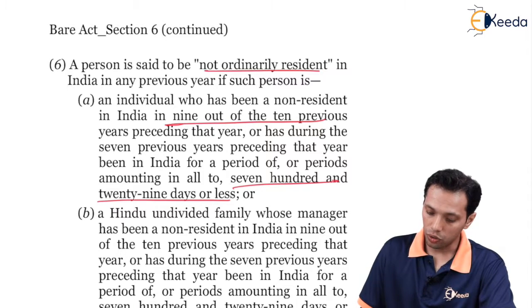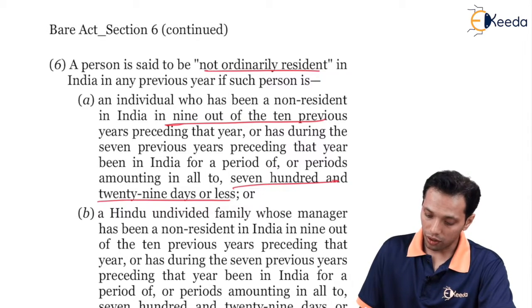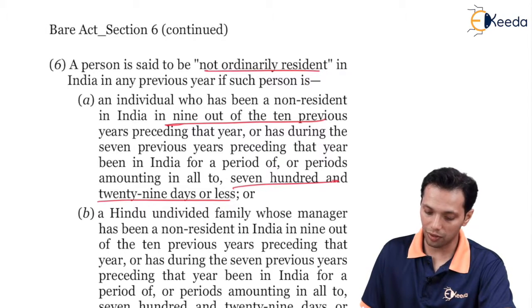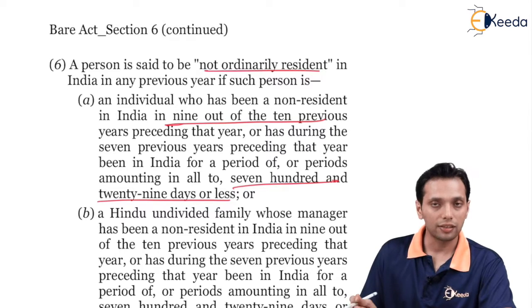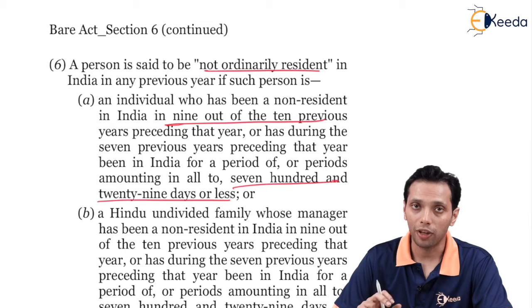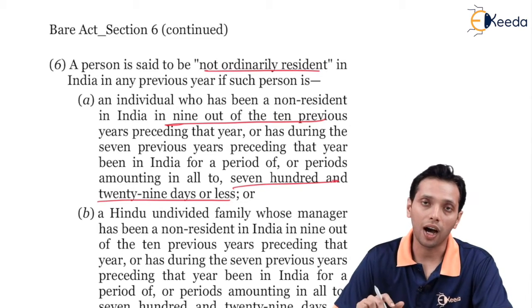Clause B: a Hindu undivided family whose manager, that is the Karta, has been a non-resident in India in 9 out of 10 previous years preceding that year, or has during the 7 preceding years been in India for less than 729 days. So if the Karta of the HUF qualifies as RNOR, same as an individual, then the HUF would also be RNOR, and accordingly the